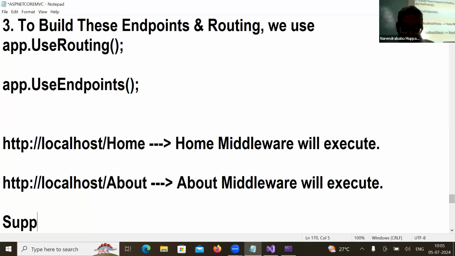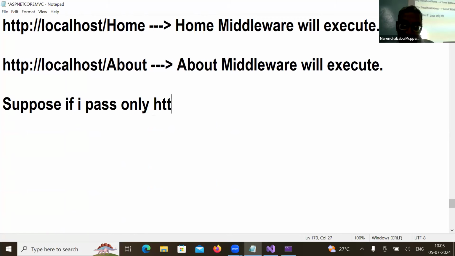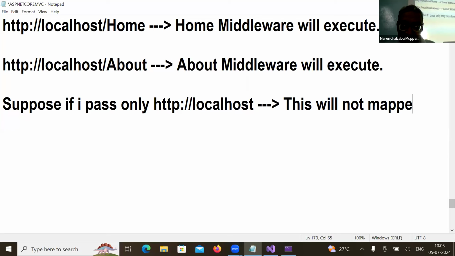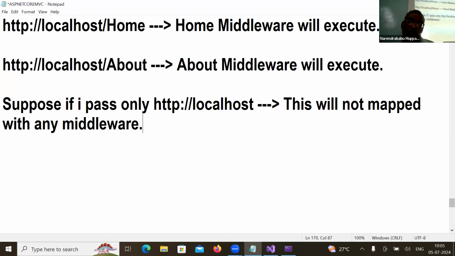Suppose I pass only localhost, what will happen? This will not be mapped with any middleware, so it will not execute. It doesn't know whom to call, whom to map. Am I right or wrong? To avoid this situation,